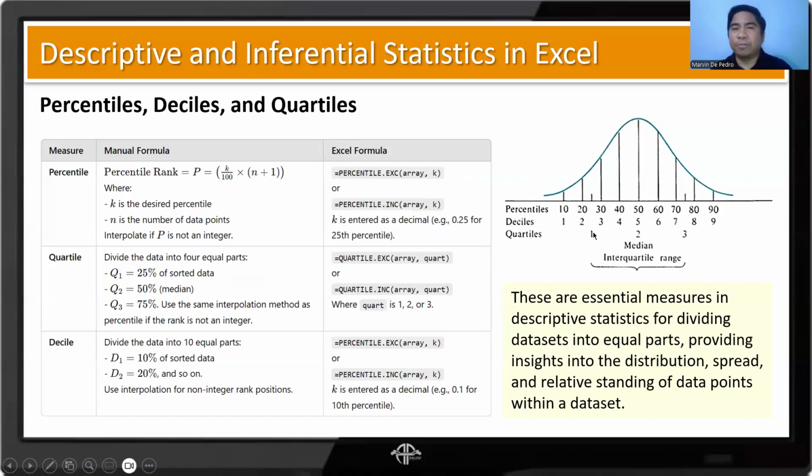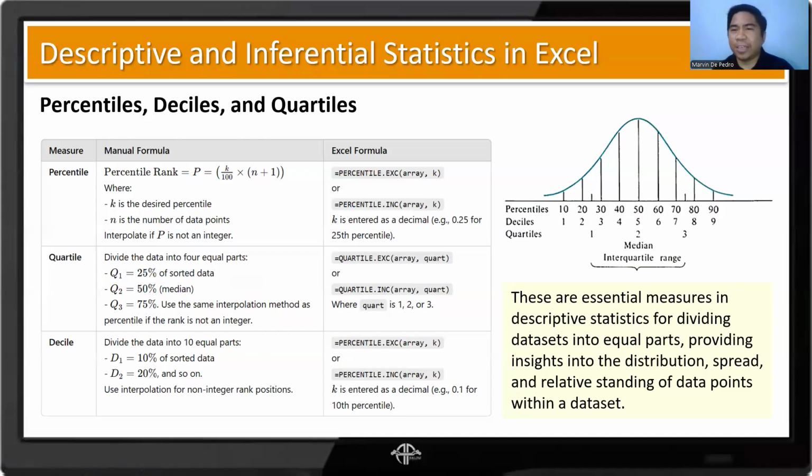To derive that, just subtract the value of Q1 from our Q3. For example, if the value for Q1 is 1 and the value for Q3 is 3, then our IQR is just 3 minus 1, that's 2. As you can see, 1, 2. That's important when it comes to determining outliers, and you're going to see that later, even in the demo.